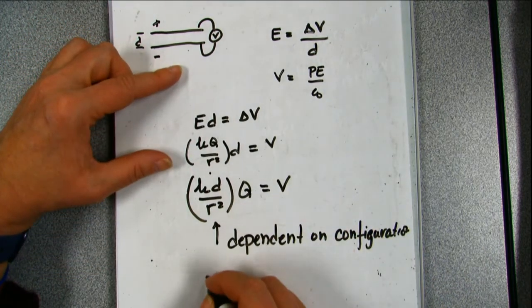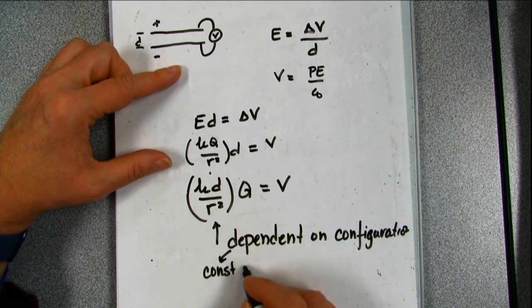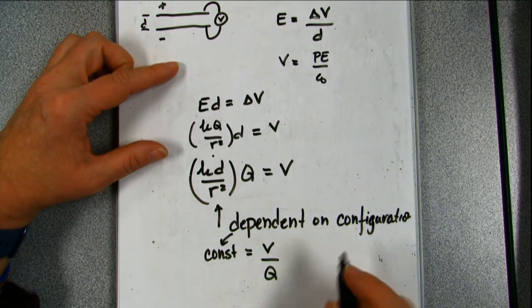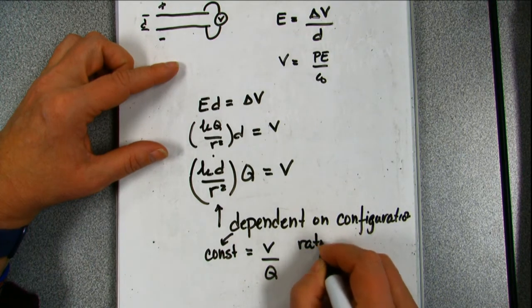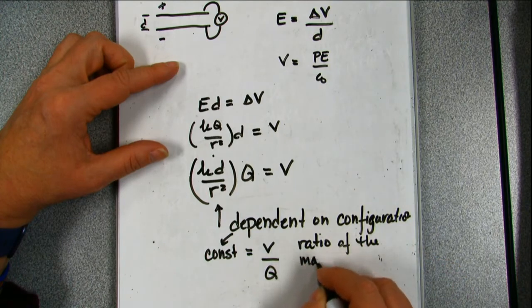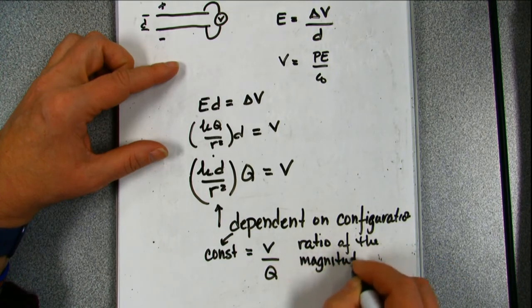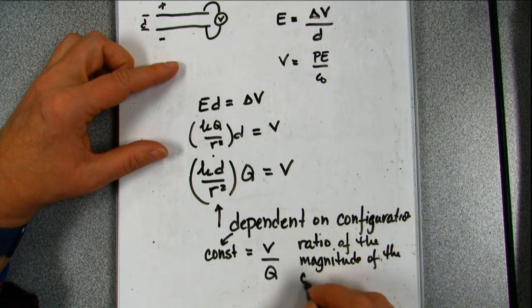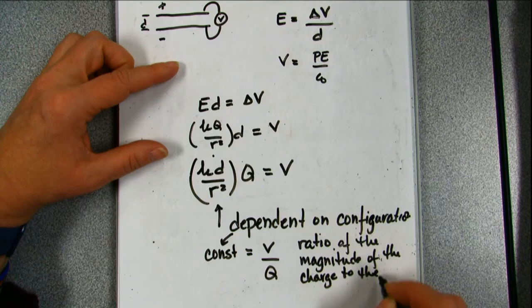So I'm going to rearrange things here, and I'm going to call this a constant dependent on the configuration: the voltage divided by the charge. And this ratio, the ratio of the magnitude of the charge to the magnitude of the potential difference,